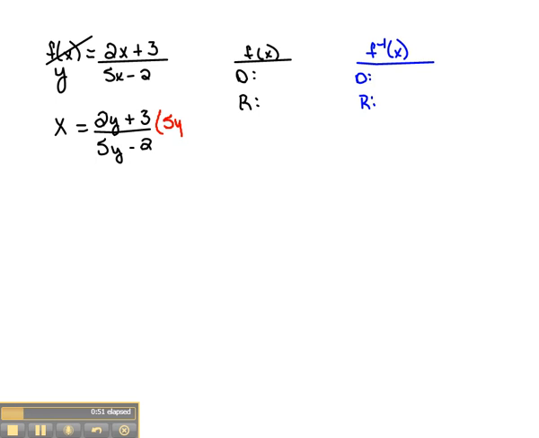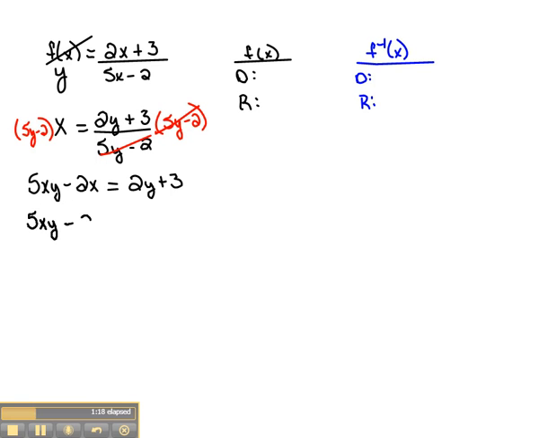So I'm going to multiply both sides by 5y minus 2, which will cancel that out of the denominator. And now I'm going to distribute as I go. So this will be 5xy minus 2x equals 2y plus 3. And then moving everything with y's to the left, everything without y's to the right, we'll have 5xy minus 2y equals, over here we have 3, and I'm going to move the negative 2x over to the right,